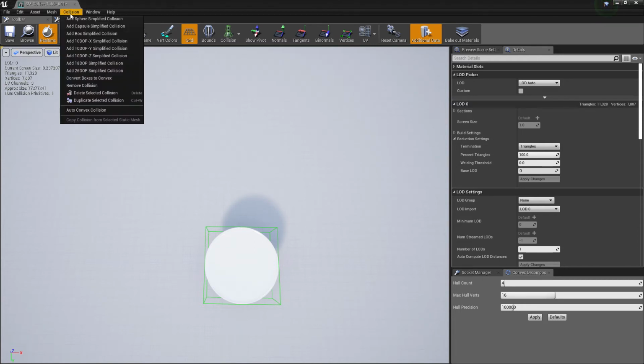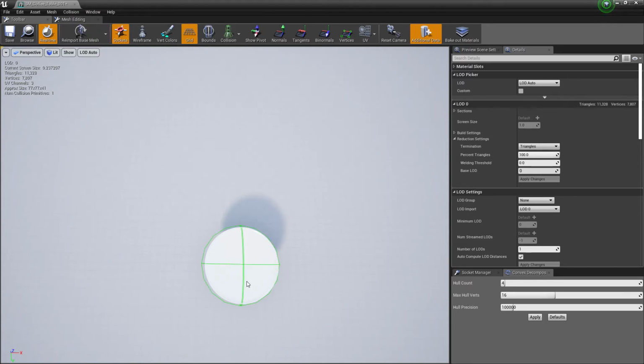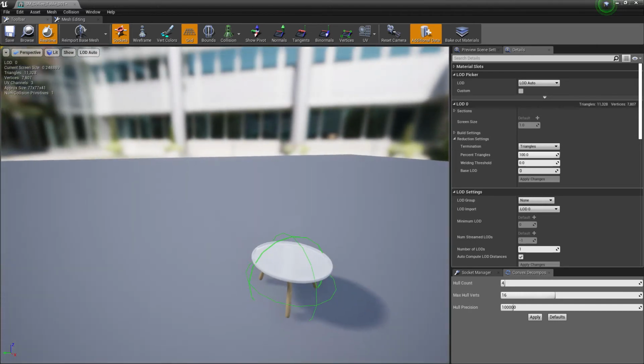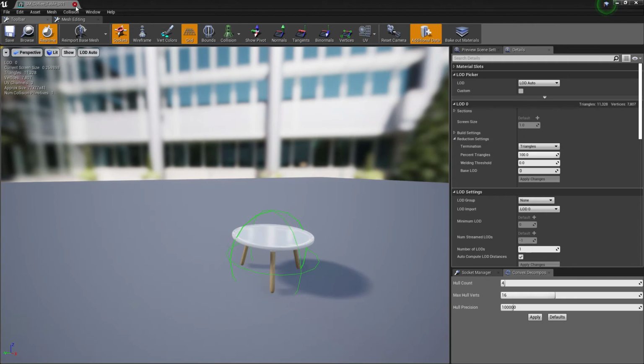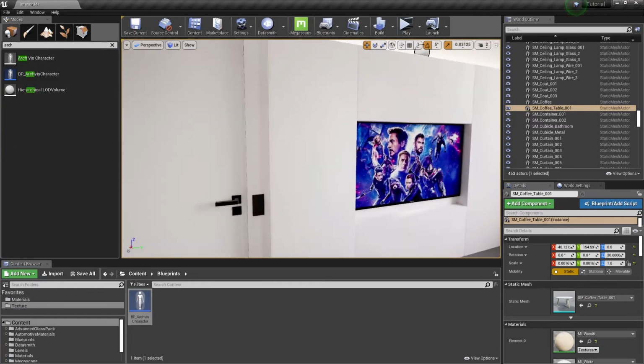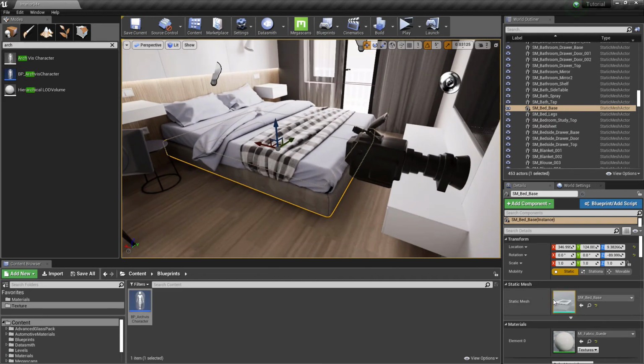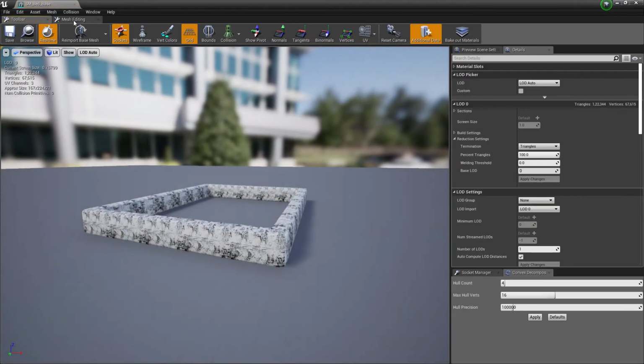Let's remove it and try another. Now this looks perfect. Let's add one on the bed.